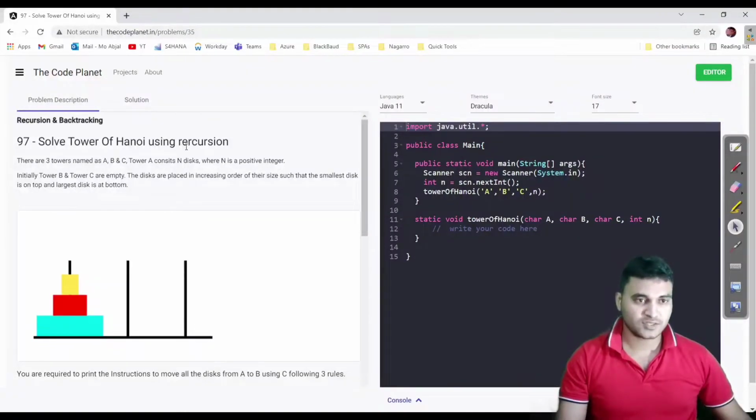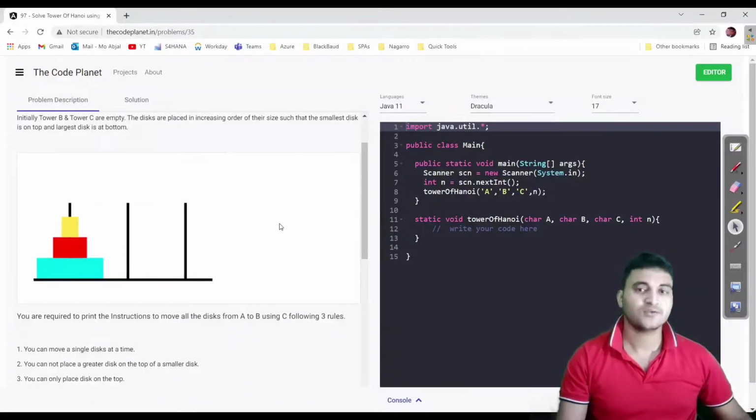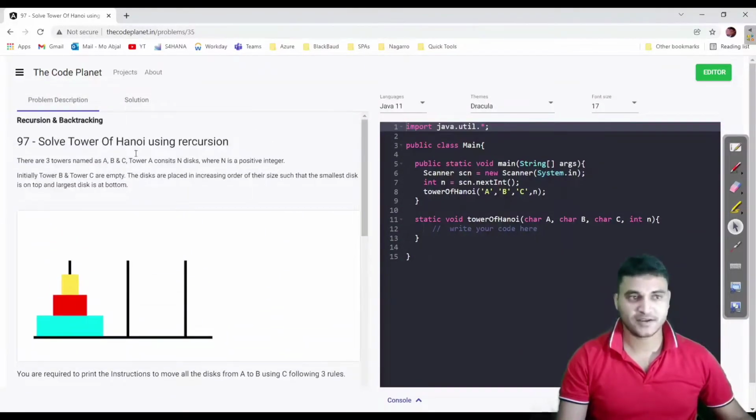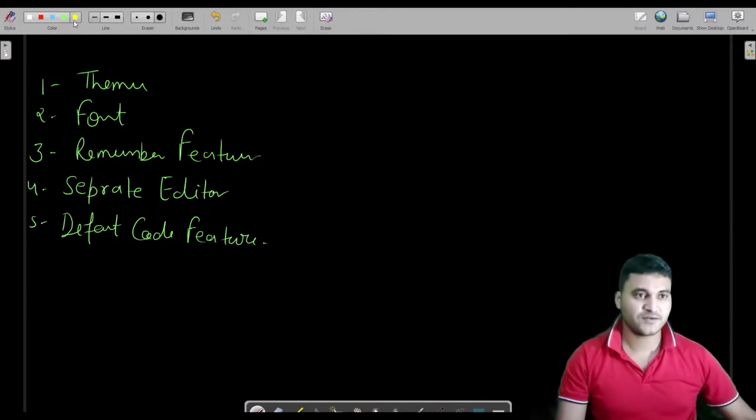Fine. So in this video I will showcase the new features I have implemented and how I implemented them. And of course if you need the entire code, then you can mail me. I can provide you the entire code of the backend as well as the front end, because I am already using the backend in here also. So let us quickly see the features which I have introduced in this particular release.